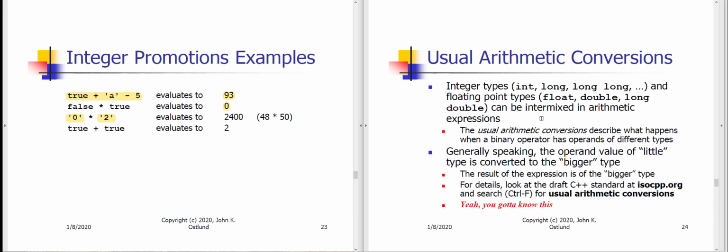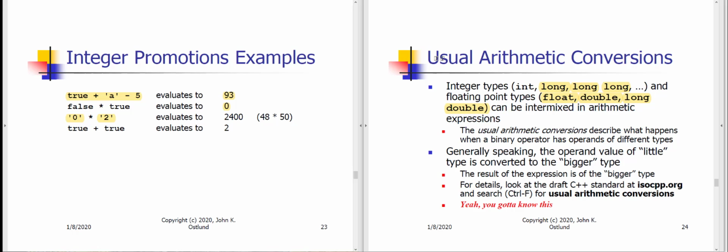So these so-called integral promotions occur on any of the so-called integer subtypes. The bool, char, and short are all promoted to int. Then, if there are also larger kinds of integers, such as long ints, or if there are floating point types involved, float, double, or long double,